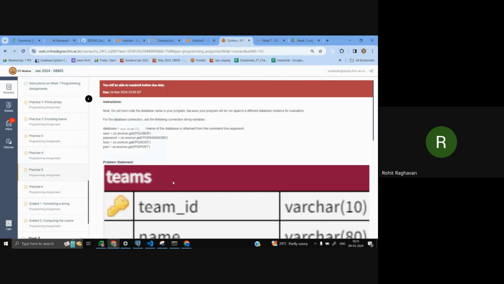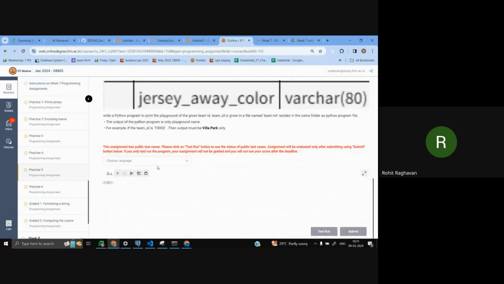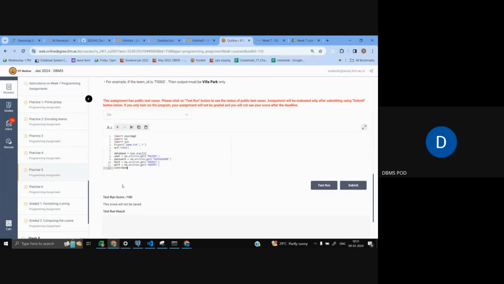Sir, if we write using try except finally, then what changes do we have to make? Can you just tell it? I think in practice 3, 4 we have to write using try except finally. In that, only the name changes will be there, right, in the middle part? No, no, only that block will be shifted. Try except finally, nothing like that. Okay, so